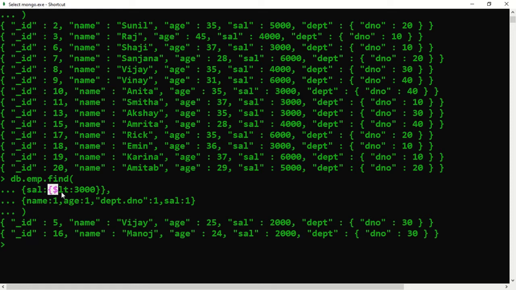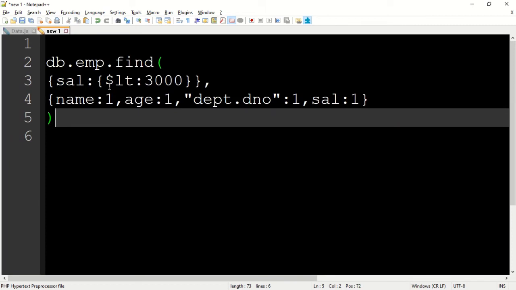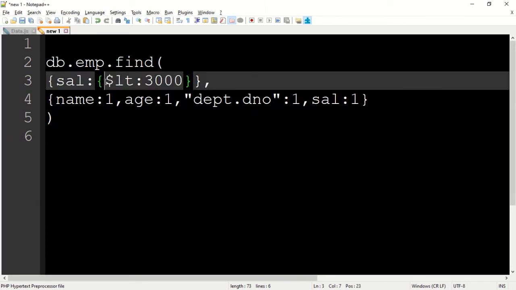If you want to negate this condition, the negative of this particular condition, that is not of this particular condition, we will add a not here and negate this particular condition. So let's go to the notepad and we'll say add here not. So we say dollar not, N-O-T, not, and this condition has to be, this is the condition.